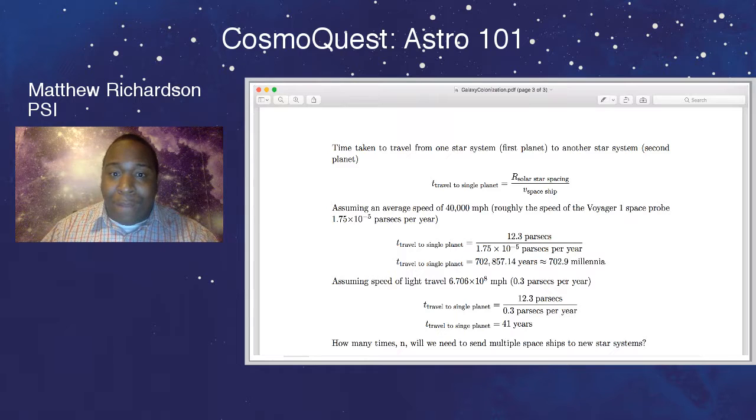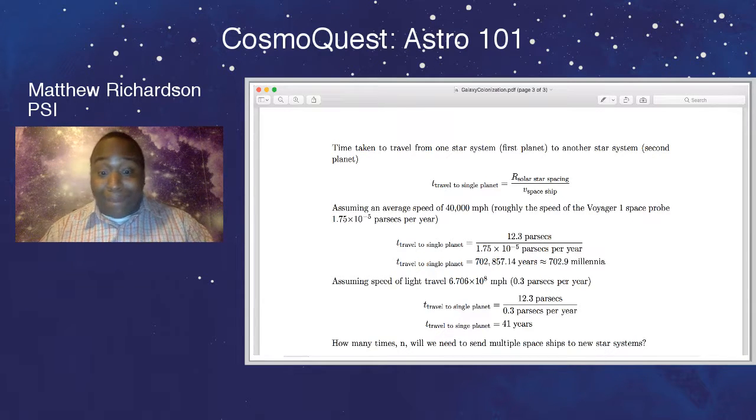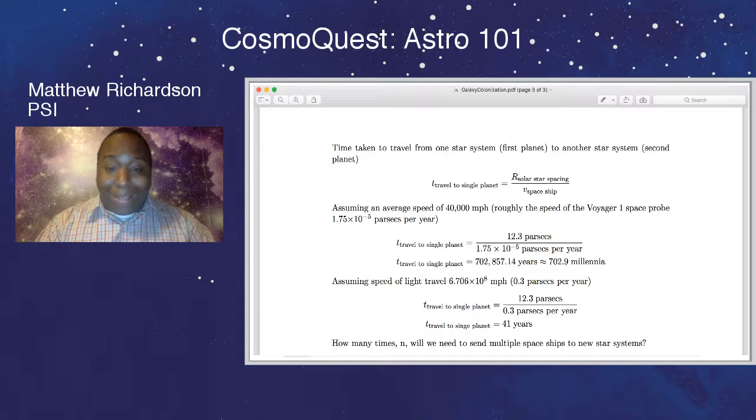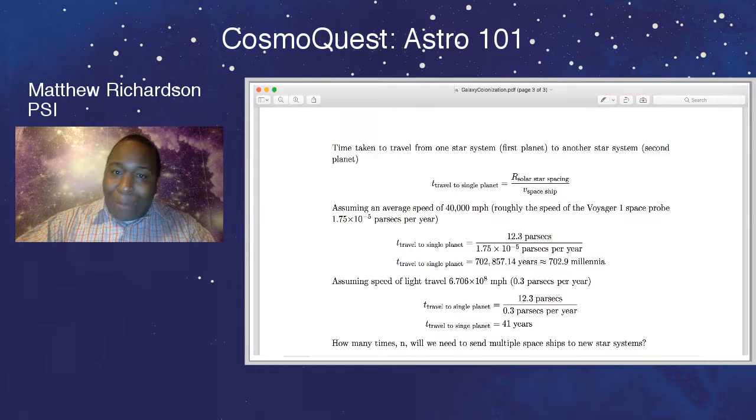And to put it into better perspective, this is 0.3 parsecs per year. We're traveling roughly a third of the distance between, or not the density, but the average distance between stars. That's insane to me. I mean, that's really moving. That's moving really quickly. But with that calculation, just making that simple change of the speed of the spaceship,